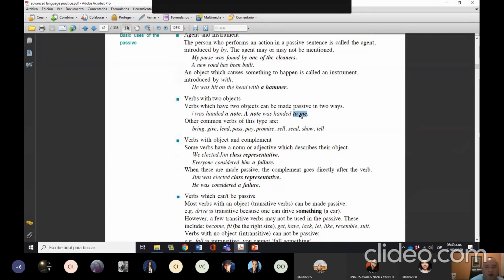All right. So also we have many other verbs of this type. So it depends on the sentence and the verbs that we are going to use. That's how we structure the sentence. Some common verbs are bring, give, lend, pass, pay, promise, sell, send, show, tell, and so many others. These are the most common ones. So we have also